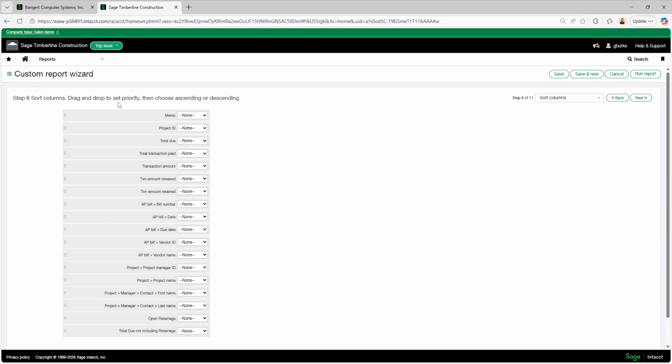All right, so now we get to choose the sort order of the columns. So I'm going to make it mirror what we had set up earlier, where I'll have the project manager first, and we'll want those ascending. And then we'll have the project ID, and we'll make those ascending. And then the vendor, I want to sort by next and have that ascending. And then I'll do the date and make that ascending. And you can, of course, keep going, but I think that'll be plenty organized the way I have it set up. So I'll go ahead and click next.